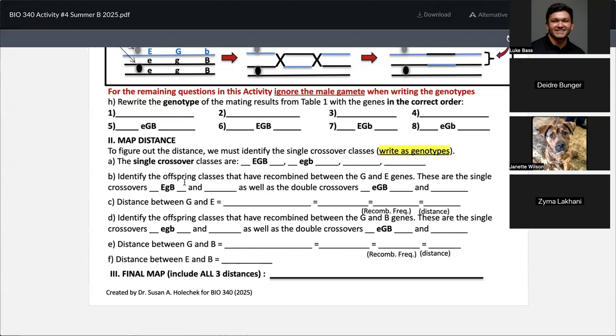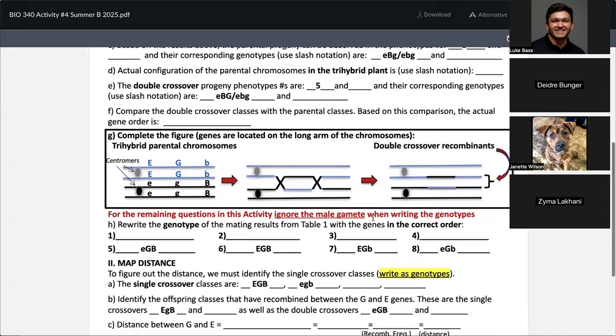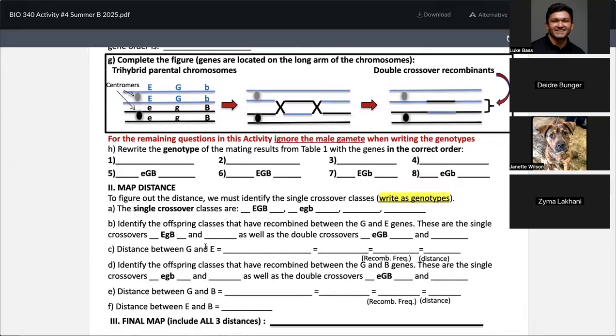And then to find the distance between two of the different genes, since G is in the middle, you're just going to find the distance between E and G on the left side, and then G and B on the right side. So that's just the recombination frequency. You're going to find the total number of progeny that have a recombination between E and G, and then divide that by the